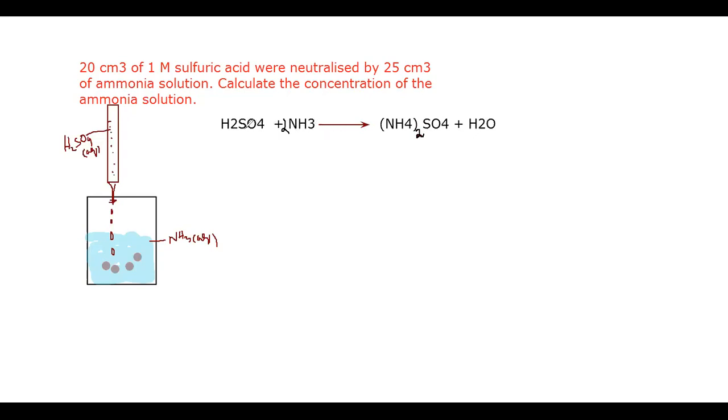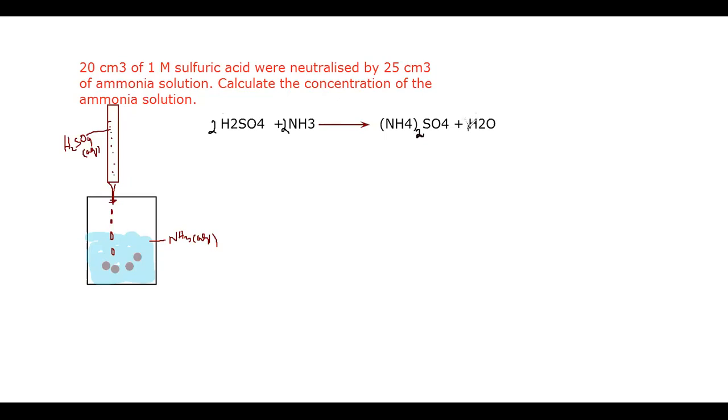Like how many sulfur are there? The sulfur is 1. The oxygen is 4 and 1, 5. So if it is 5 and this is 1, then I want to place 2 here. Now it will become 2 2s are 4 and 2 3s are 6, 10. 2 4s are 8. The 2 hydrogen are there. Okay, I think it has been balanced.